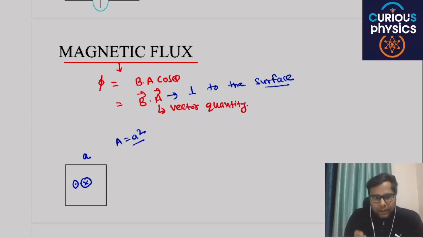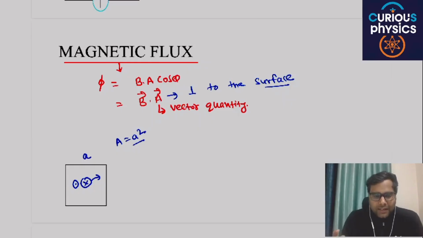If you choose this direction, or you can say if you choose an area vector away from you, then stick to this particular direction throughout the question. You cannot change the direction of area vector for the same question. For one question, the direction of area vector will be the same. You cannot change the direction midway. So for an open loop, or open surface, you have a choice, but in case of a closed surface, it is always in the outward direction.